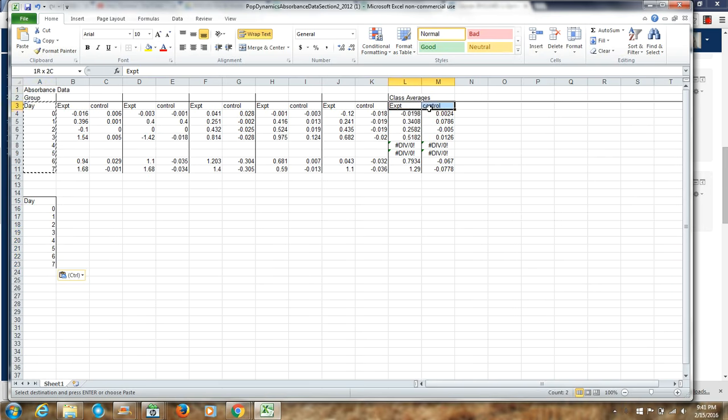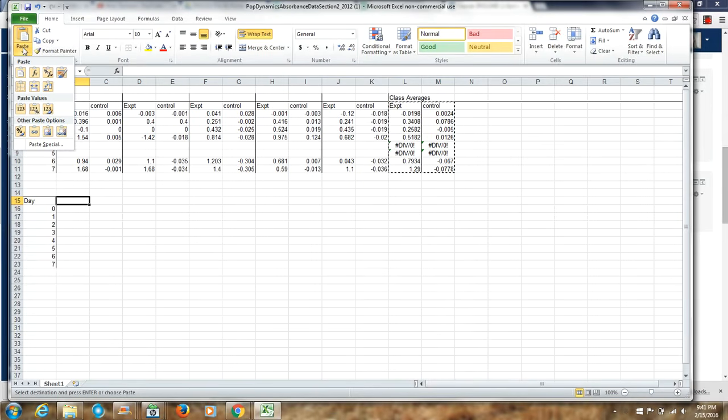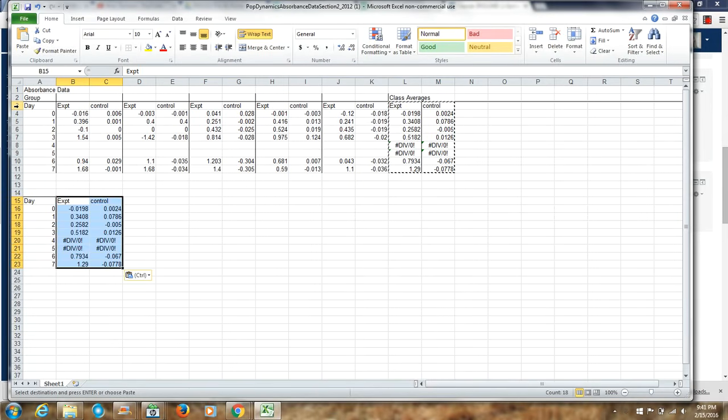Then we will copy and paste the data, the experimental and control data. So copy, and then this time when we paste it, we need to paste special and only paste the values. And the reason for that is because these data in these two columns are based on formulas. So for example, if I click on this cell, this is a formula that's based on all the data in